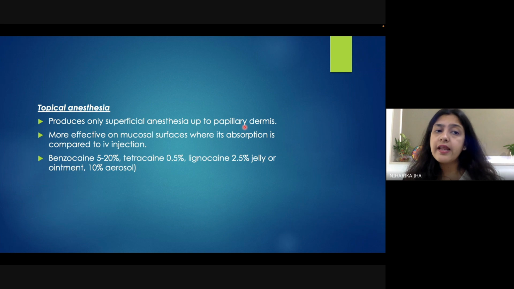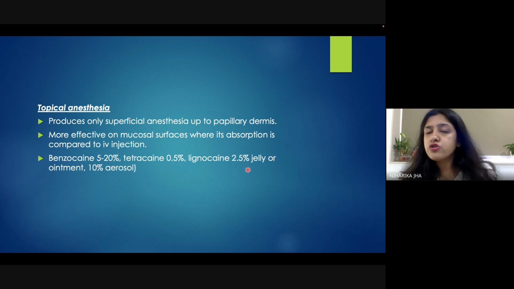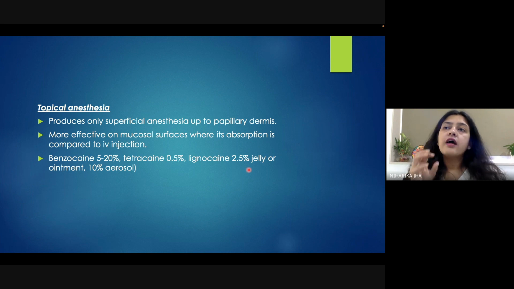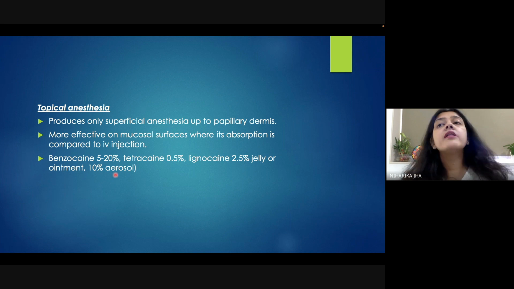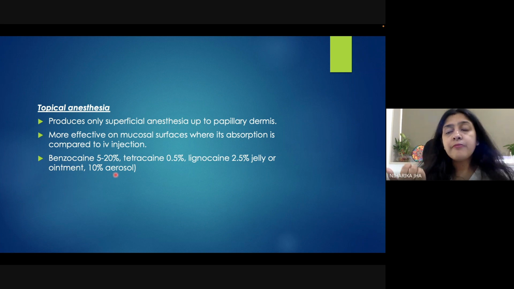So what kind of topical anesthesia is used in the mucosal area? Lidocaine 2% jelly. This jelly is particularly used in patients who have oral erosions and oral ulcers, and if applied half an hour before meals and then washed off, the patient will be able to have the meal peacefully, or else the patient will have pain. So in such cases, jelly can be used. Then it is also available in aerosol form, as a spray and pump form. This aerosol form is particularly used by dentists and ENT surgeons, so that they can directly spray it over the mucosa and